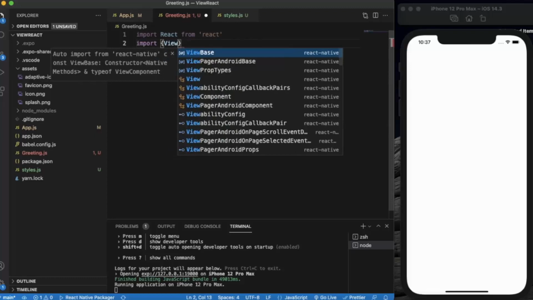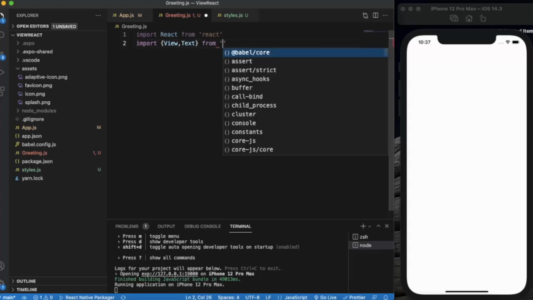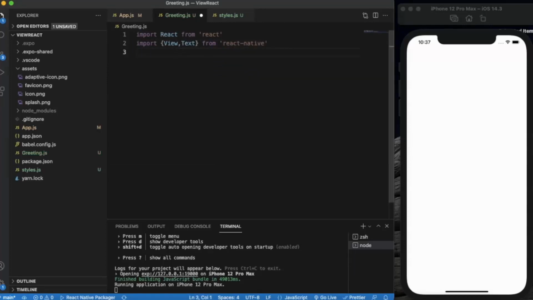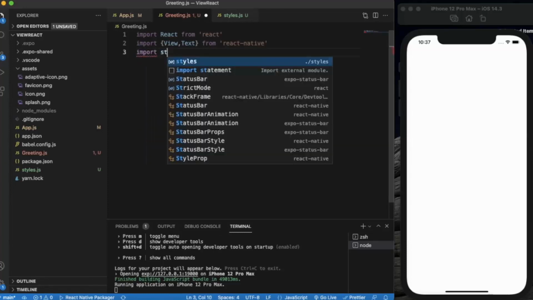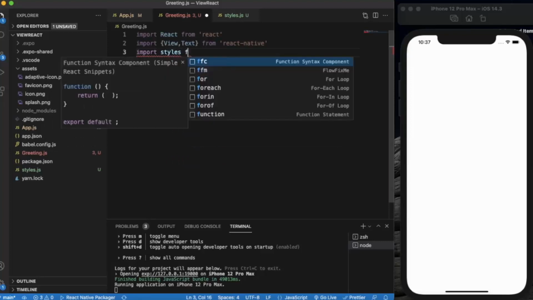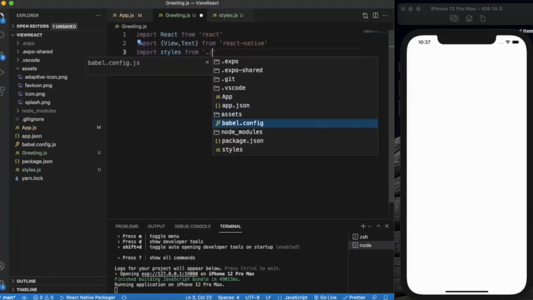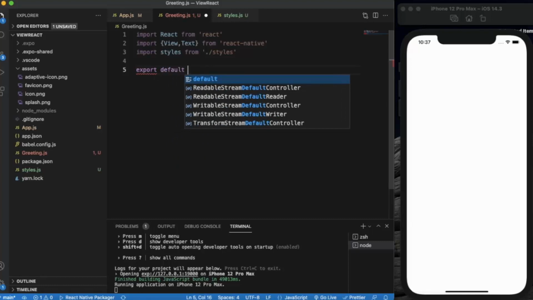Import view and text from React Native. Let's also import the style. Provide the path. Okay, so now we need to write the export statement. Export default